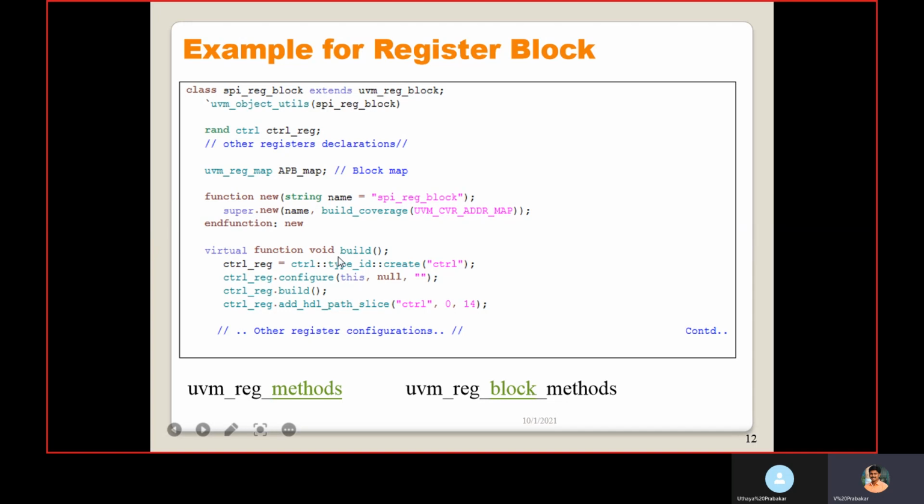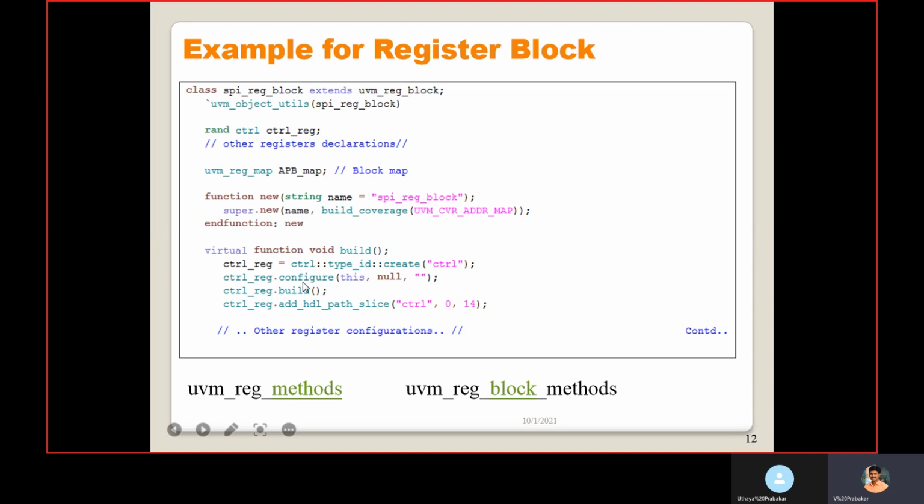Then the build method, here inside the virtual function void build. For this control register, we are creating it using the create method, and then we need to configure it with control_reg.configure. Here we need to pass null, and this is just a double quote. What are the arguments we need to pass?